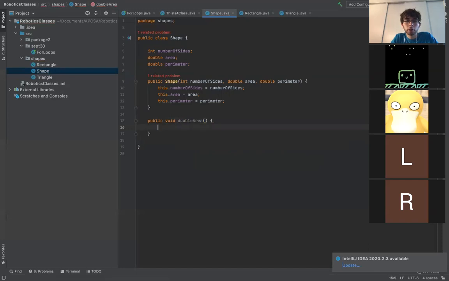And we're going to say area equals area times 2. That's also a bad example. What would, anyway, I can talk about the toString method, but so